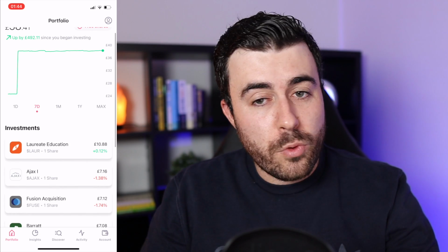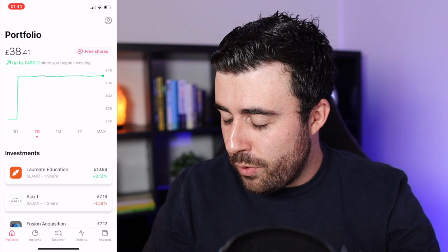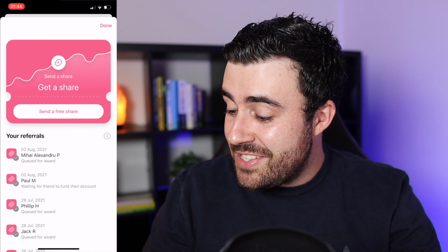And to be able to do this through the FREETRADE app is extremely simple. On your homepage where you have your overall portfolio, you simply will see a free shares button in the top right hand corner. If you click on that free shares button, you can then go ahead and click the send free share button, and that will give you an option of multiple ways that you can share this link. The only other thing to remember about this is that to be able to activate your free share, the person that is signing up will have to deposit at least £1 onto the platform